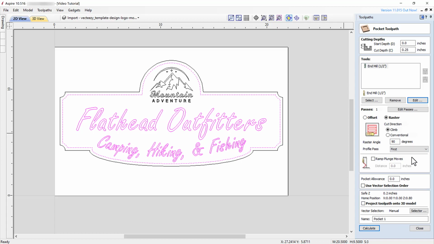If we choose a profile pass after the pocket is carved, there is a higher risk of tearing out portions of the descenders of the letters P and G in the bottom section of text, since they extend very closely to the inner frame and no wood would be present to laterally support the descenders. On the other hand, by performing the profile pass first, we avoid this issue altogether.